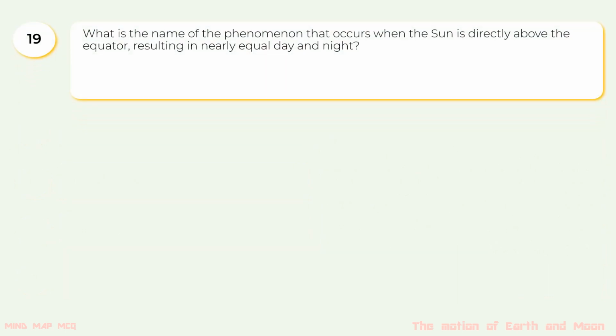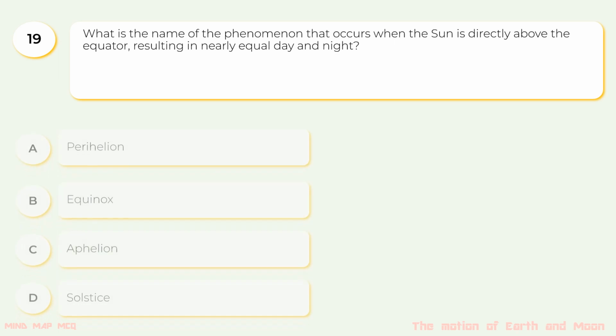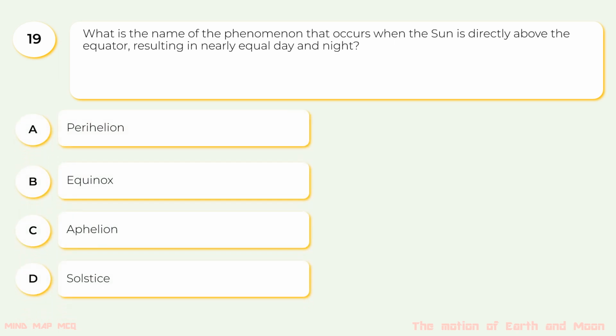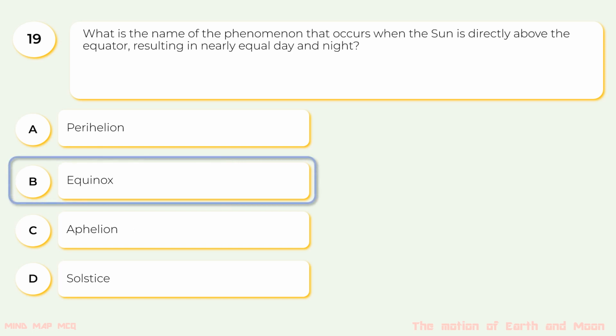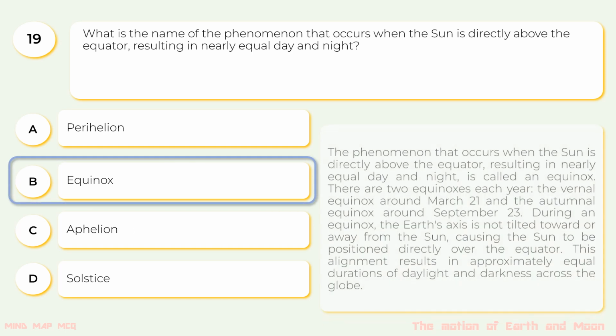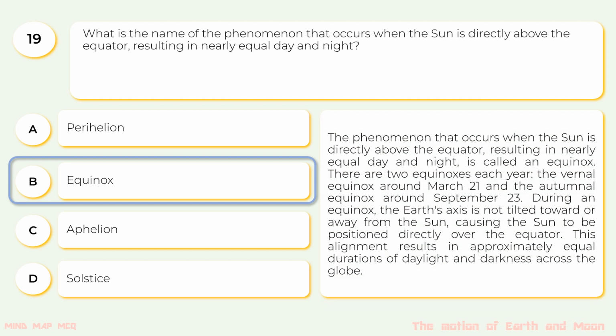19. What is the name of the phenomenon that occurs when the Sun is directly above the equator, resulting in nearly equal day and night? A. Perihelion. B. Equinox. C. Aphelion. And D. Solstice. The correct option is B. Equinox. The phenomenon that occurs when the Sun is directly above the equator, resulting in nearly equal day and night,